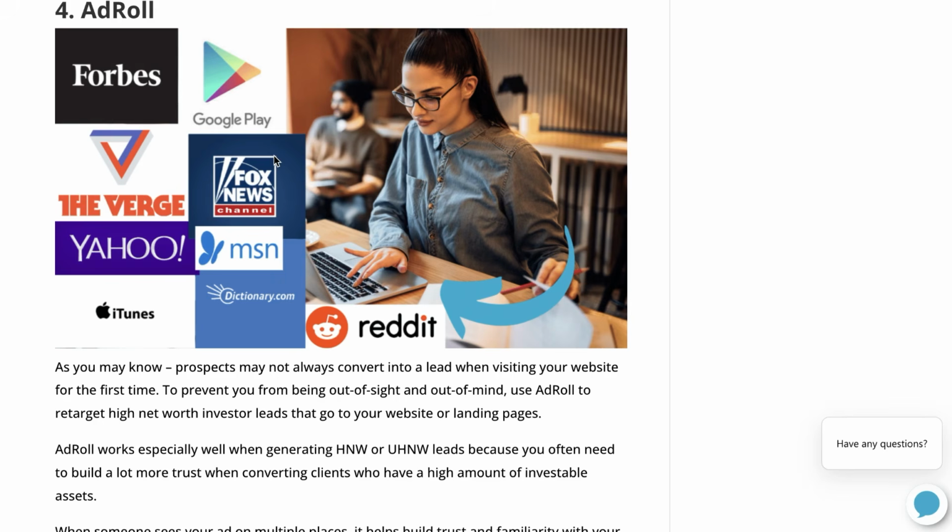And as a result, you build familiarity with the leads that you've generated. And this familiarity is what builds up trust and increases the chances that they actually convert into the next step of your sales funnel or your sales process. So AdRoll is a really good channel. And for the price, it's pretty much a no-brainer. I would just say create some AdRoll ads and then just leave them running in the background and let them retarget all of the leads that you're generating from the other channels so that you can maximize your conversions.